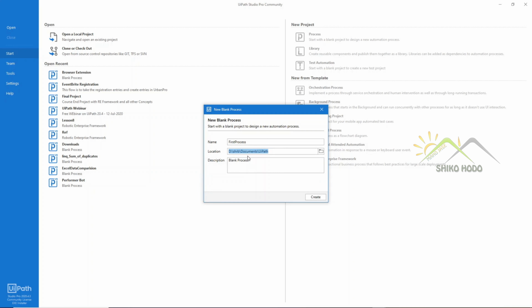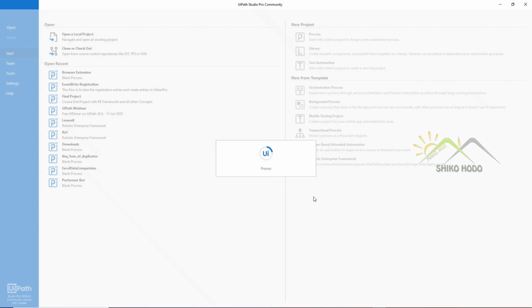I have already given my location under documents, UiPath. I have created a folder and I have marked it. If you wish, you can give your own location and a description about the project. Yep, I have given it. So let's click on create.